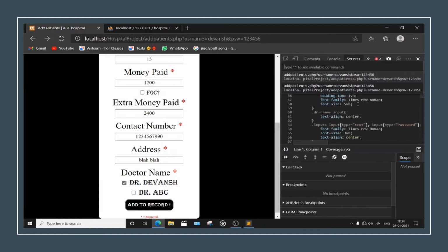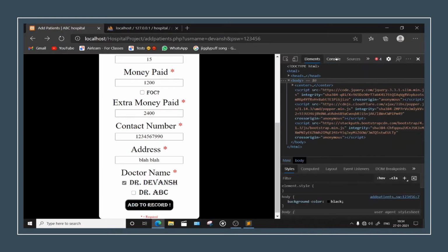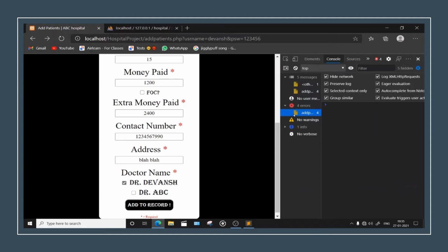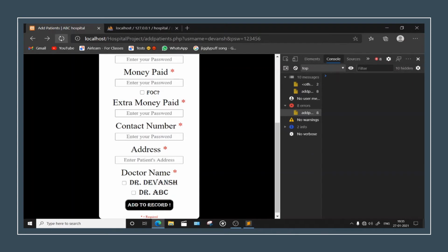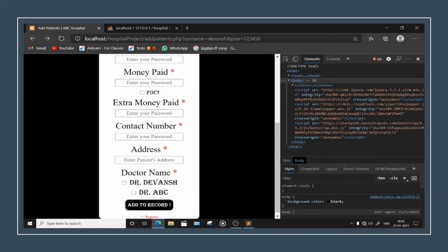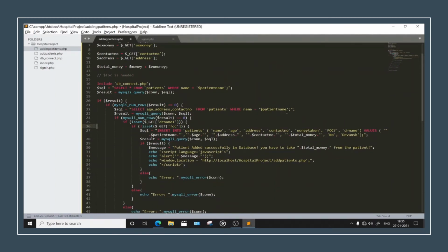Wait a minute. Alright, so there is some issue here. I don't know what the issue is. Let me just delete all these places.